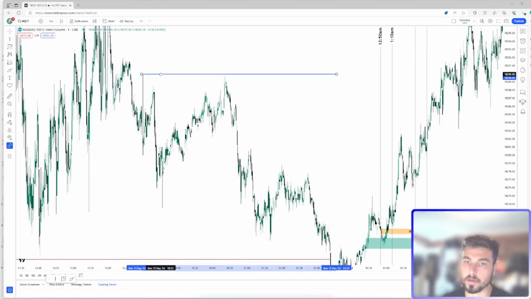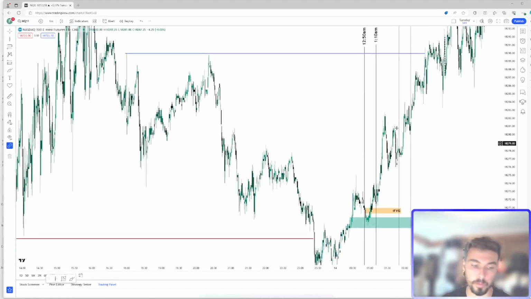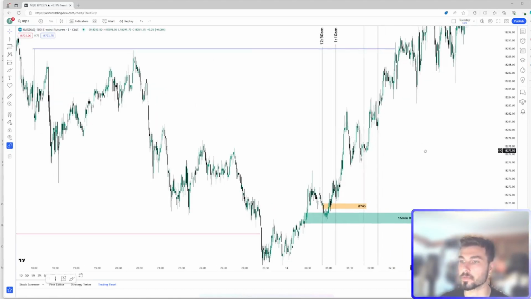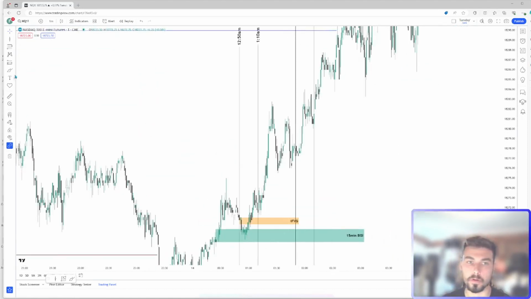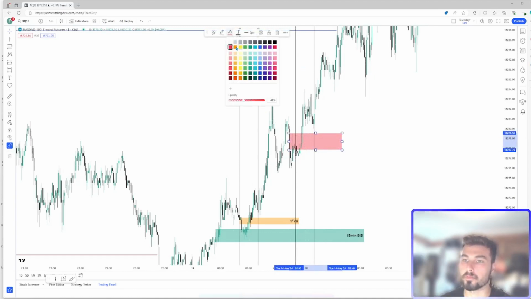Very close together in terms of height. For me, that is a draw on liquidity. At this point, we're also in a macro, so it makes sense for the macro to run to price or expand as we've learned. And it's something I called out to the Discord. I said, keep your eyes on this inversion fair value gap right here. It's very clear, it's very clean. A bearish gap, a bullish gap outweighs that bearish gap, and we create that inversion fair value gap here.